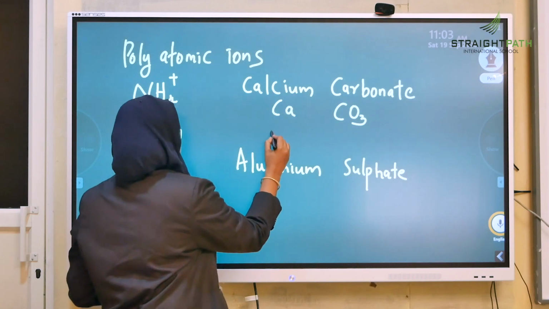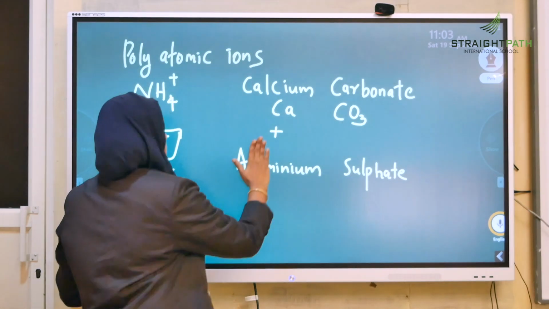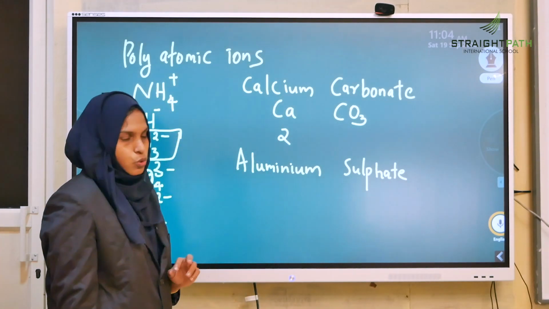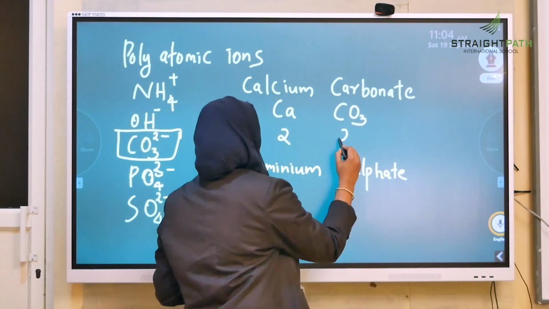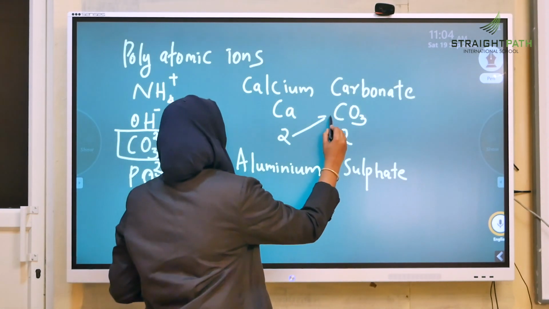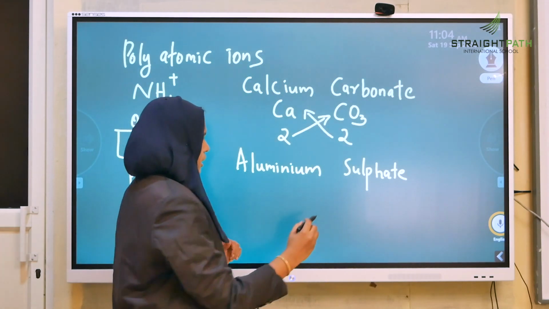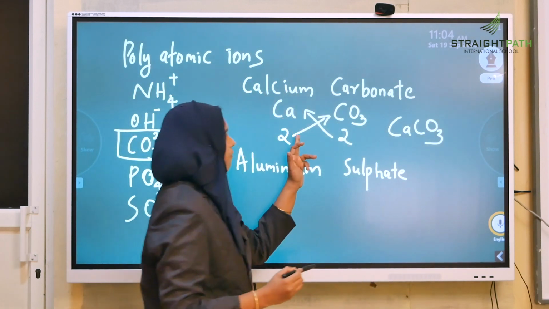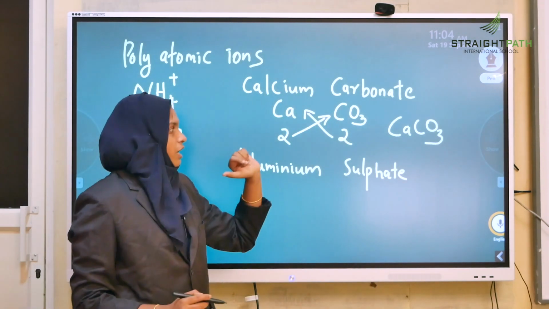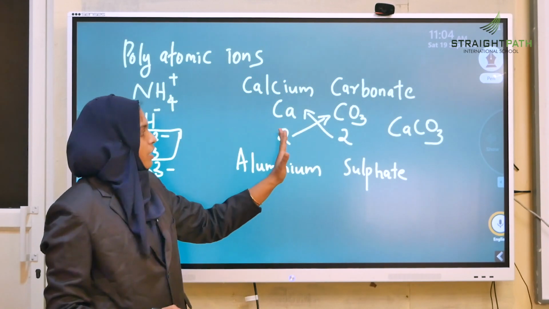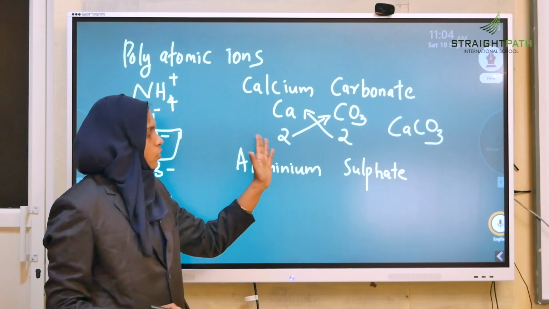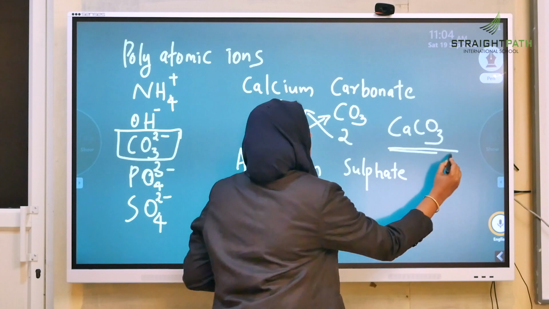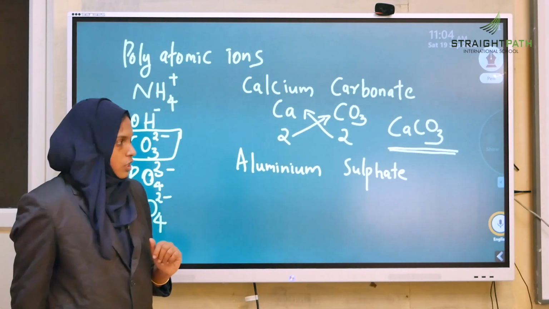In the next line, Ca is in the second column. That's why we can write the valency of calcium as 2, and CO3 is also equal to 2. Then crisscross. Then write the chemical formula as CaCO3. Here the valency of calcium and carbonate is equal to 2. That's why it is balanced. That's why we don't need to write 2 here again. So the formula of calcium carbonate is CaCO3.